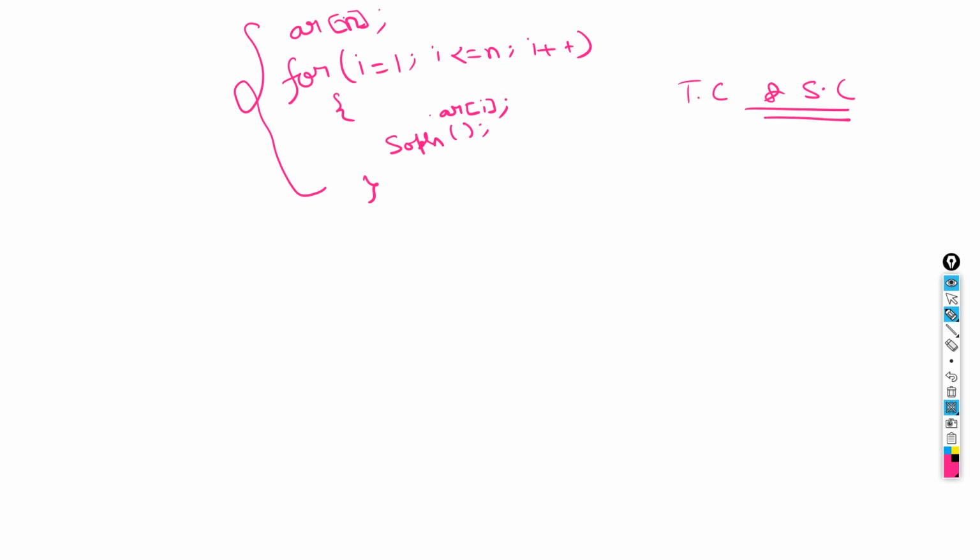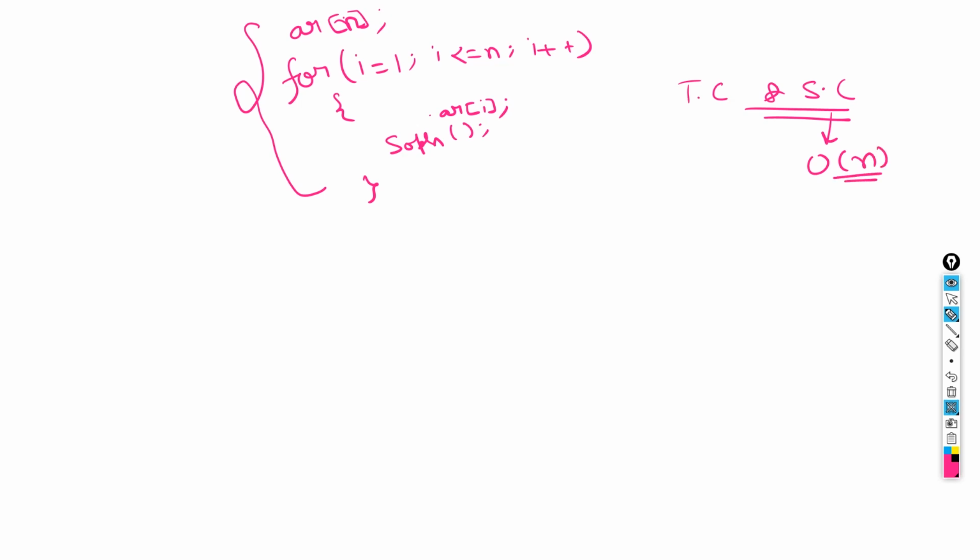So let's first talk about space complexity. What is the space complexity? It is nothing but the maximum space this code snippet is taking. So what's the maximum space? The maximum space is the maximum size of the array, because that is what is being stored. Apart from this, nothing else is being stored over here, right? So the space complexity is big O of n.